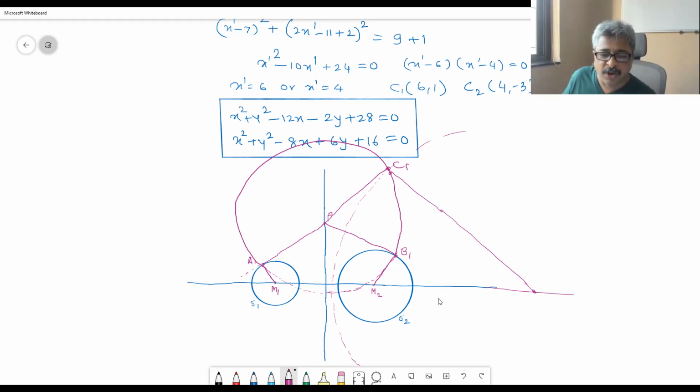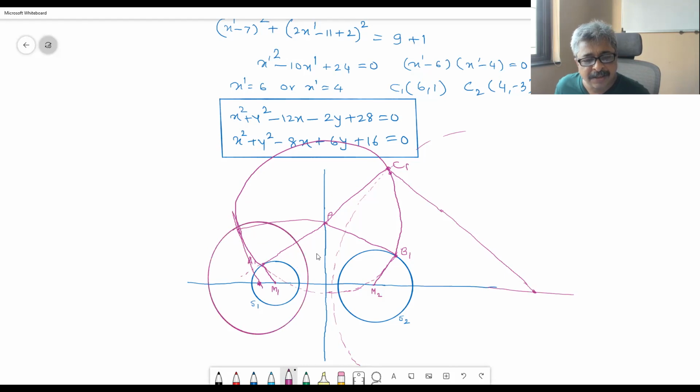I mean, it is interesting. What I am trying to explain right now is: draw any one orthogonal circle and every point on that orthogonal circle will give you a circle in the family. And the construction is, draw that radius segment. Suppose I draw this radius segment, construct a perpendicular at this point, you will get a new center, construct a circle with that center like this. And it will be of that family.